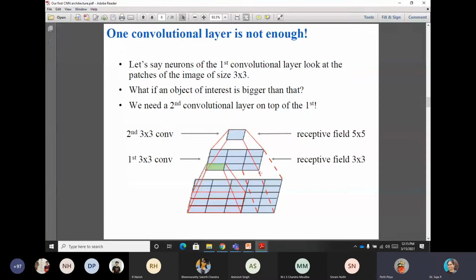The output size will be W minus F, plus 1, plus 2 star padding, if there is any padding, by stride. Yes, ma'am. In the slides, it was written differently, so that's why I asked.